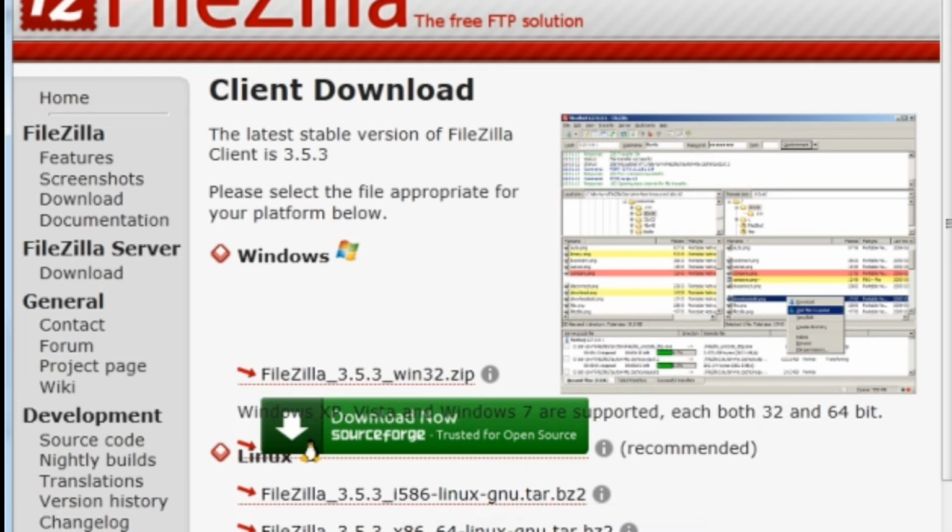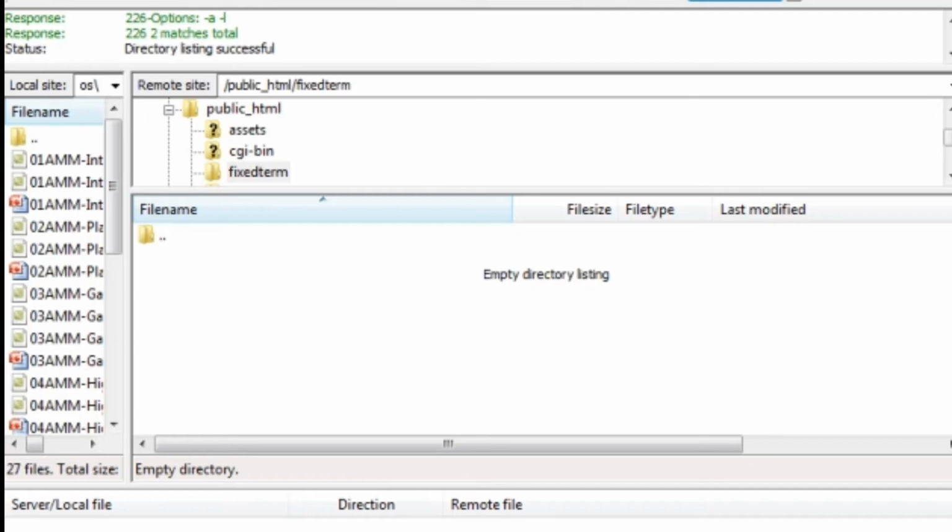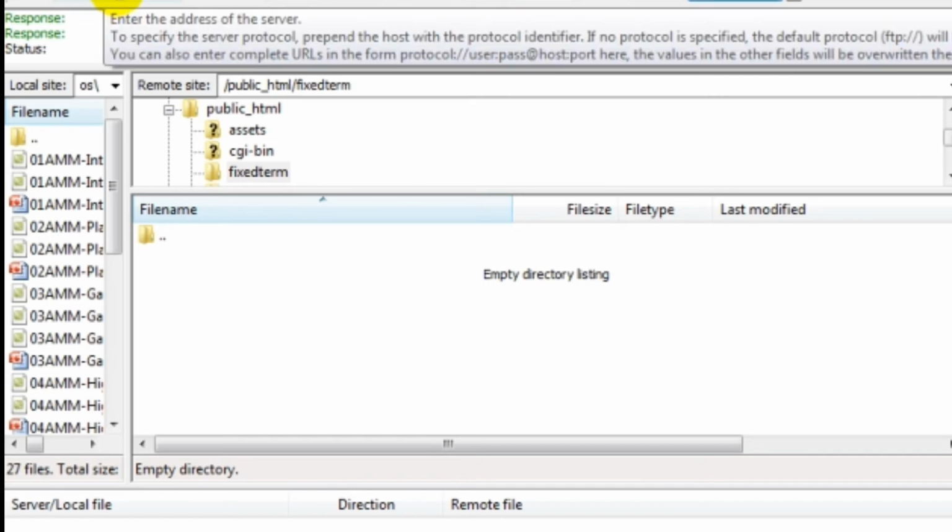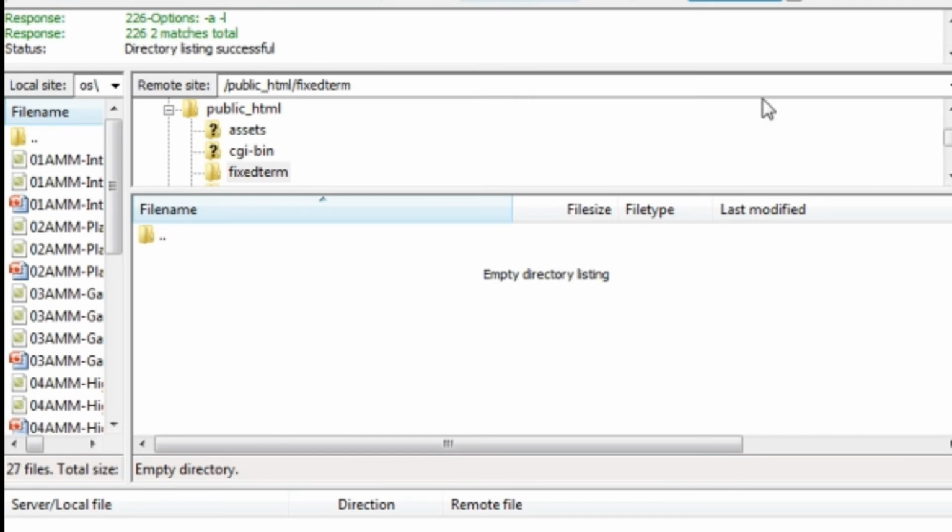So in addition to FileZilla, you're going to need to have access to your website. So you're going to need to have your FTP information as well as your username and password. So enter your ftp.yourdomain.com, enter your username and password, click on Quick Connect, and then we're going to go from there. Now, for me, I have a folder called public_HTML, which is the root folder. Some of you will have HTTP docs or something else, but this is basically where you want to upload your files underneath. Now, in this case, remember I was